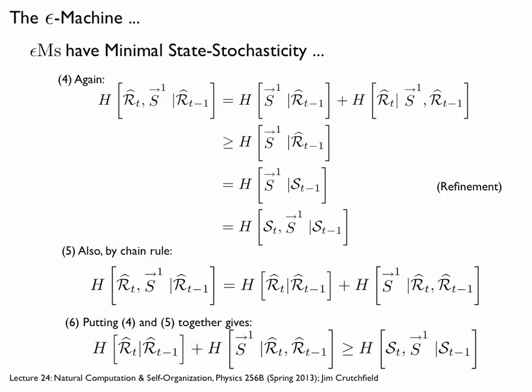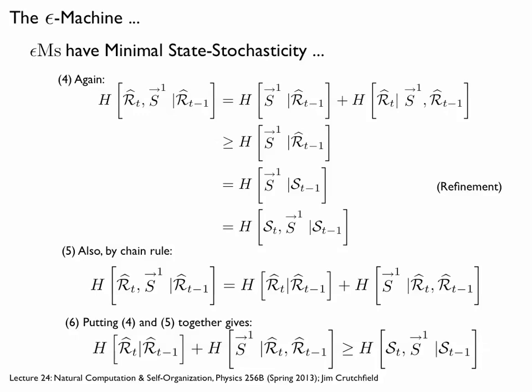However, since this is a prescient rival, I can go from the prescient state to a causal state, so this uncertainty for the next symbol is the same as using the causal state to predict it. But I just showed, on the previous slide, that this single-step symbol uncertainty is also equal to the joint uncertainty of the next state and symbol. Again, these are redundant.